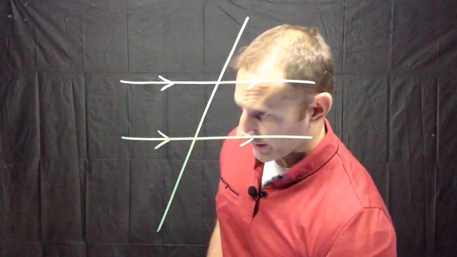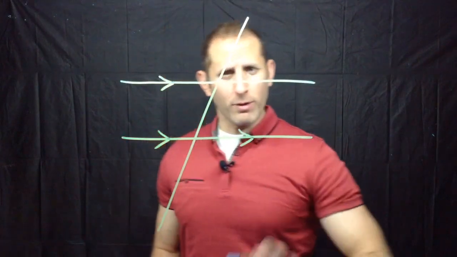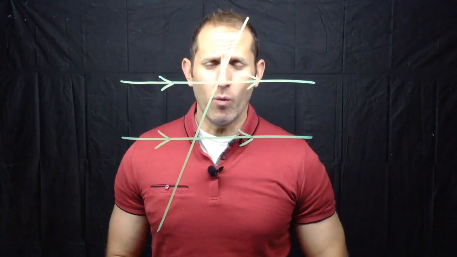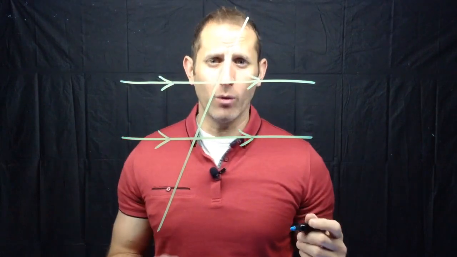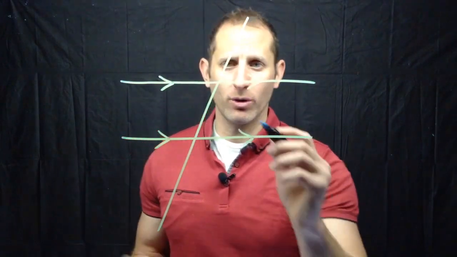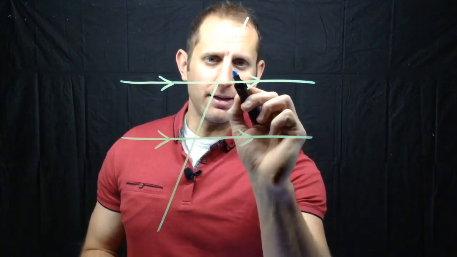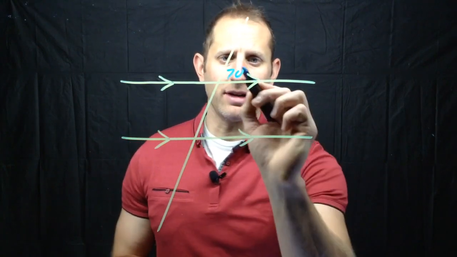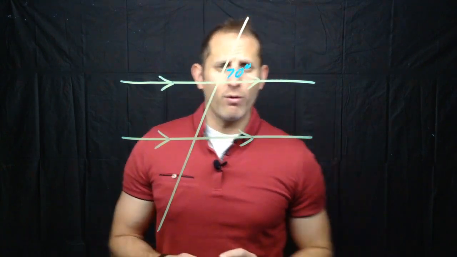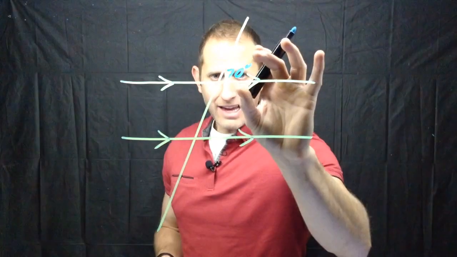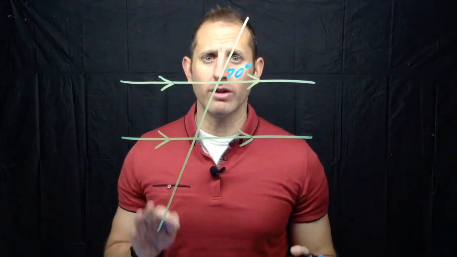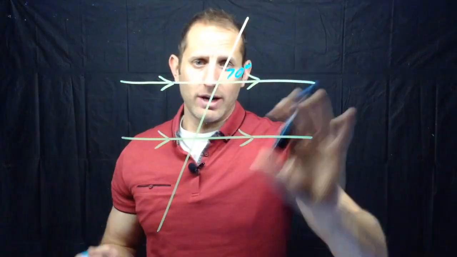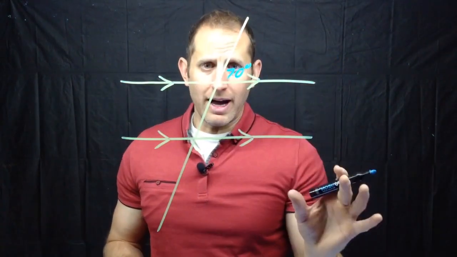Now, what's the purpose of this? Well, what if we were to give you one angle on here and expect you to figure out what the rest of the missing angles are? So let's just hypothetically say that this right here is 70 degrees. So if we know this one angle, we can solve for every single other angle in this transversal simply by